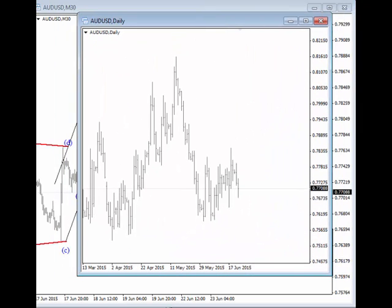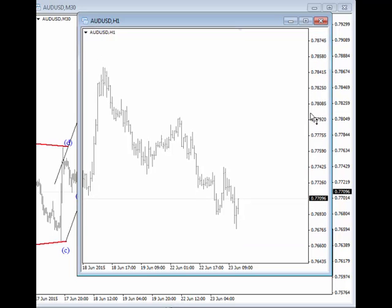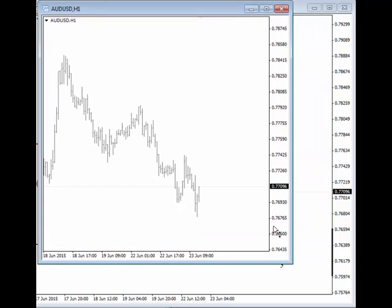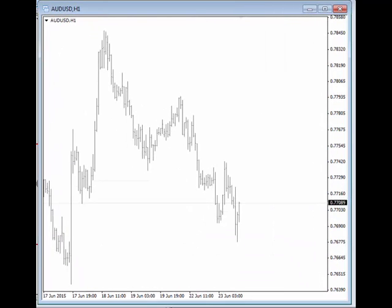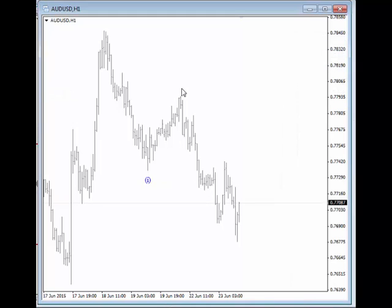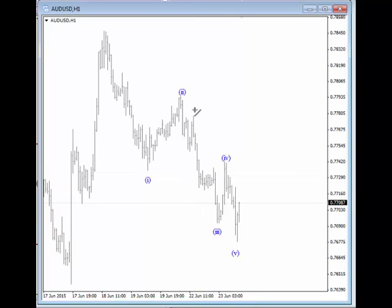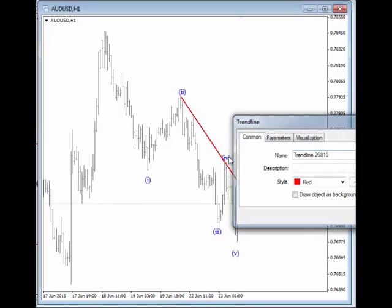So let's assume that here was the end of a corrective rally. Okay, so we go to lower time frames, and I will now label this as a leading diagonal. So this could be wave 1, 2, 3, 4, and wave 5. We have seen an overlap here, which is typical for leading diagonals. So here